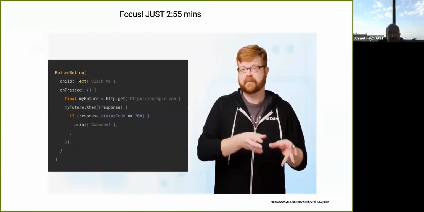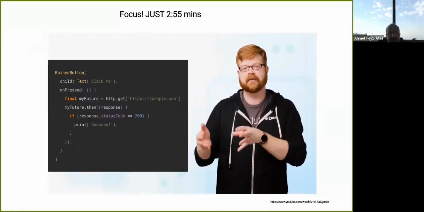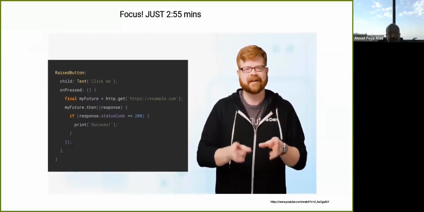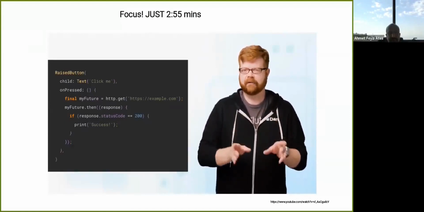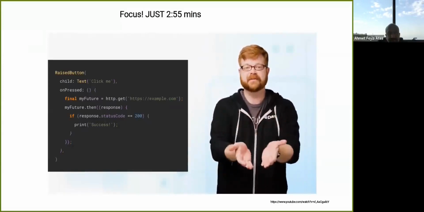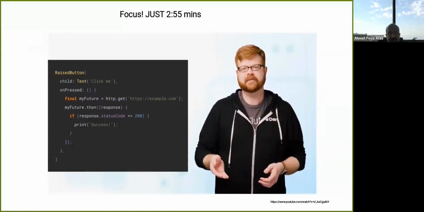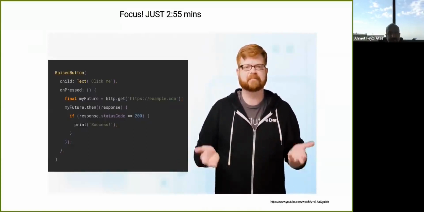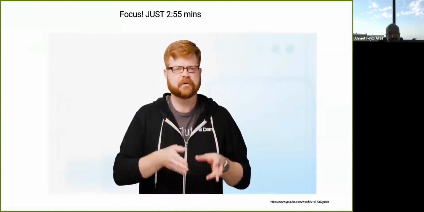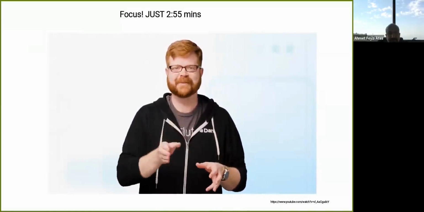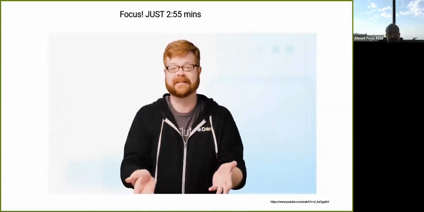Now, onPressed was a property on raised button, and here we're talking about a callback for a future. But both of those techniques are doing basically the same thing. They're both a way to tell Flutter, hey, later on, you might see a particular type of event come in. When you do, please execute this piece of code. onPressed is waiting for a tap, and the future is waiting for network data. But from Dart's perspective, those are both just events in the queue. And that's how asynchronous coding works in Dart. Futures, streams, async and await, these APIs are all just ways for you to tell Dart's event loop, here's some code, please run it later.